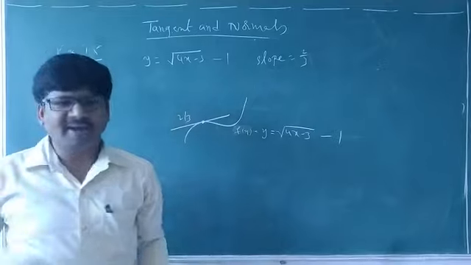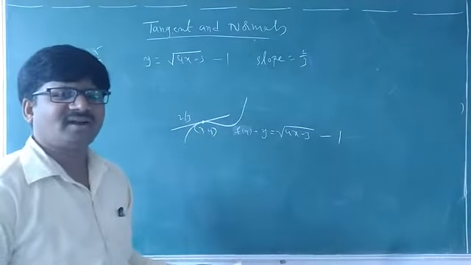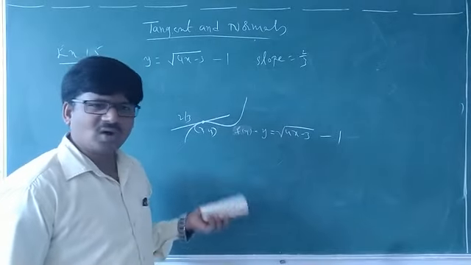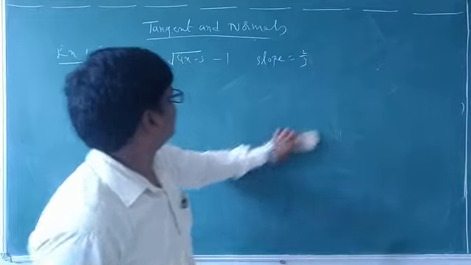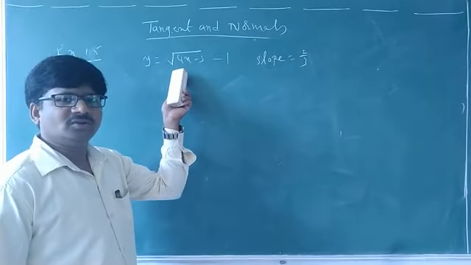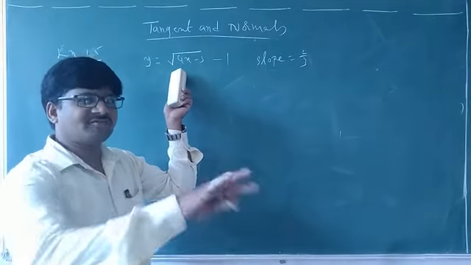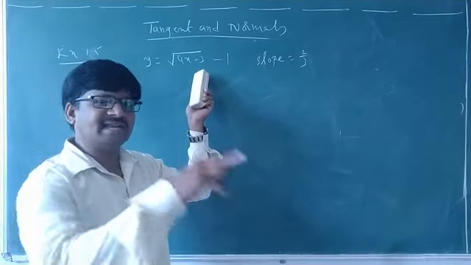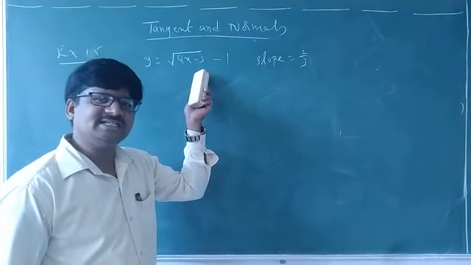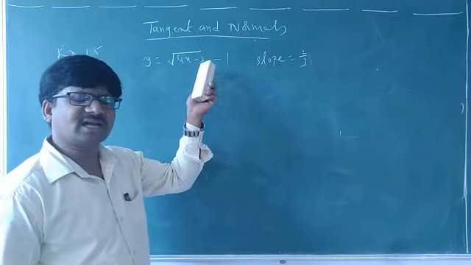Yes. To find that point means nothing but we have to find the x value and the y value. Now this is the curve. If you differentiate, that means dy by dx, what will you get? The slope of the tangent of this curve or not? The derivative only is known as the slope of the tangent. That is the slope of the tangent of this curve you will get.